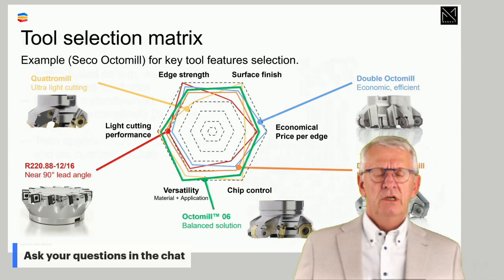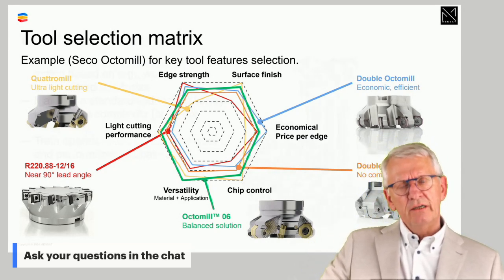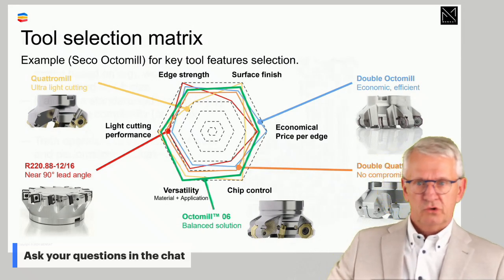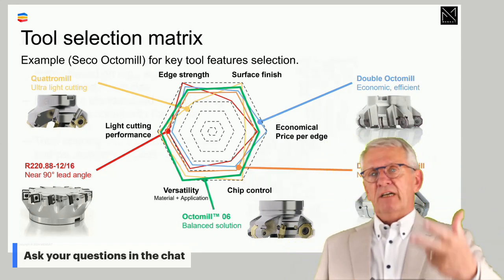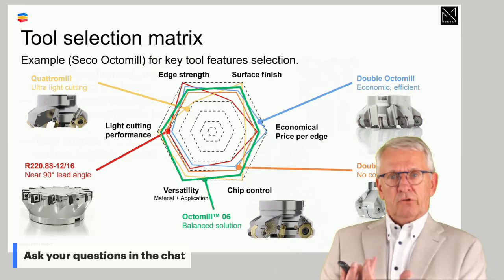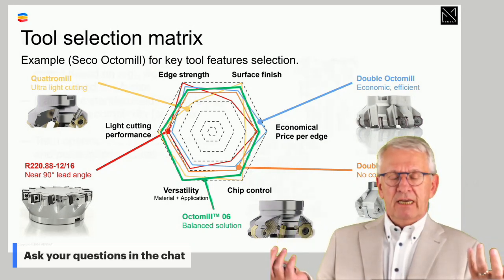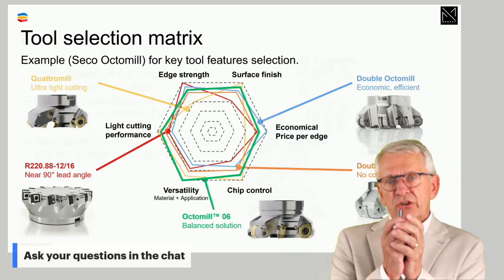I took it from Seco, where a tool supplier must have in its range, in its offer, all kinds of different tools: high-performing tools, cost-efficient tools, tools delivering extremely high quality, and versatile tools. That's an obligation for a supplier. You want to serve the market, and there are different types of customers in the market. On the other hand, the individual customer